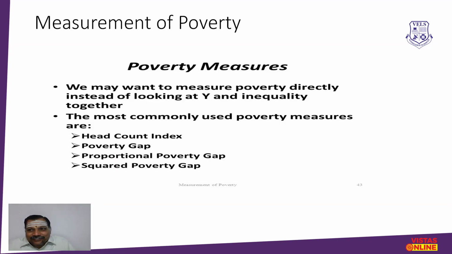With this idea, when you try to measure the poverty of India, we have some technical concepts. Based on the headcount index, we can measure the poverty. Or we have a concept called the poverty gap. And apart from these two, further study says there are 2 methods like proportional poverty gap and squared poverty gap. All these methods have one base: instead of measuring poverty in a direct way, we try to get some independent variable like income or inequality or disparity or not being able to meet basic necessities like food, clothing and shelter. So in this way, we can measure poverty.